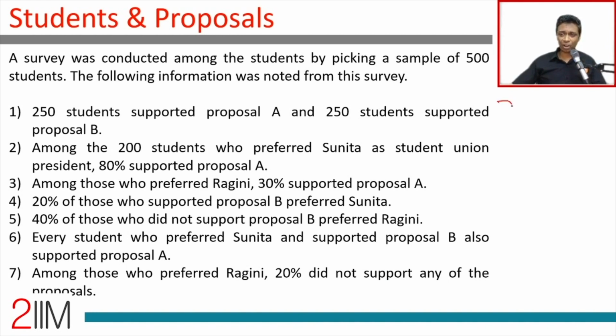I'm getting the hang of this, but I'm going to stop reading because I want a framework to put the data in. I want to fill in some table. Otherwise, I'm just reading all the constraints. First thing in all of these DILR puzzles, you need to crack the idea of how you are going to capture this data. Clearly, there is a cross tabulation involved here. There is A and Sunita, B and Sunita, A and Ragini, B and Ragini. Fine. And then A and B sit inside a nice Venn diagram.